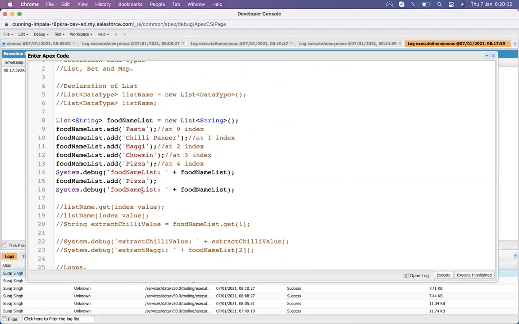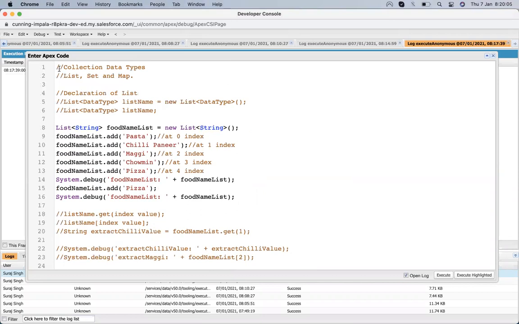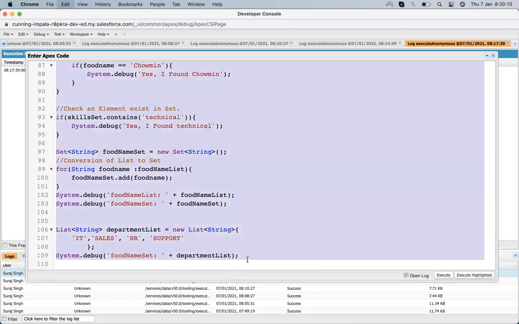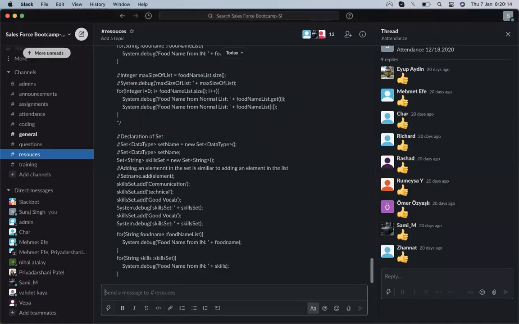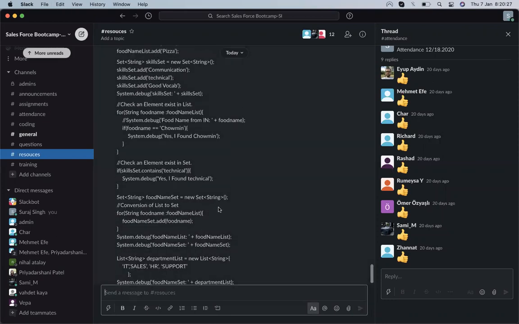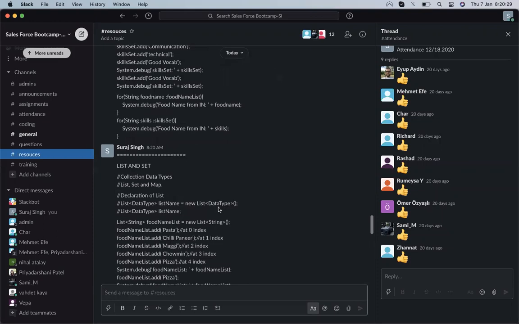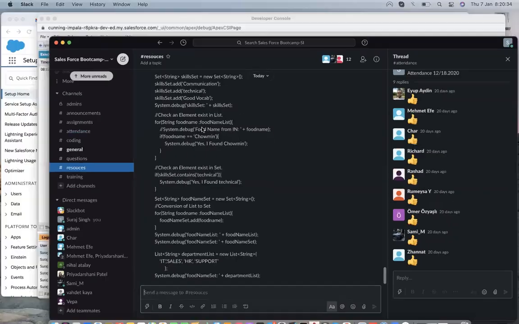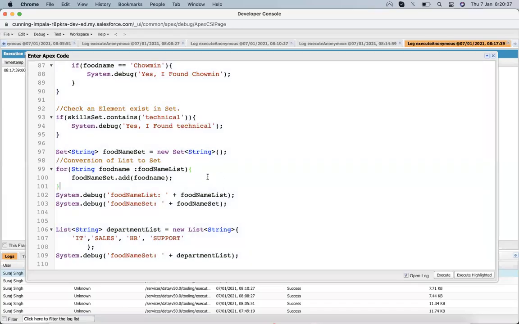Okay, let's put that in a resource. Thereafter we will move to the map. I added that list and set. Let's clear this.